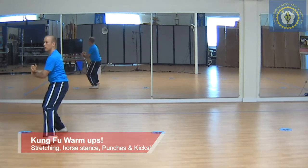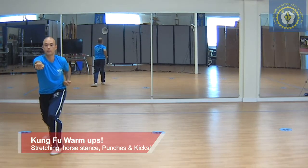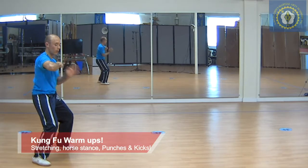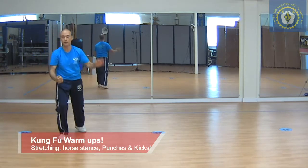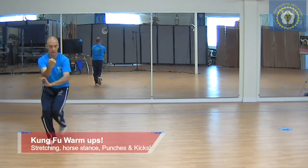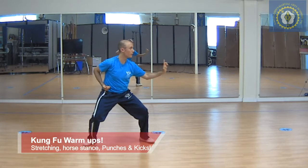Okay, step, 1, slide step, punch, leaning stance, step up, elbow, strike down, back fist. Okay, I'm gonna step back. Okay, step, block. So this is just a repeat. Slide step, punch,